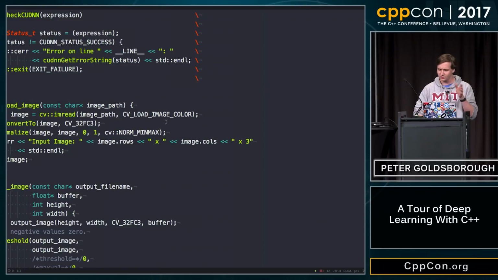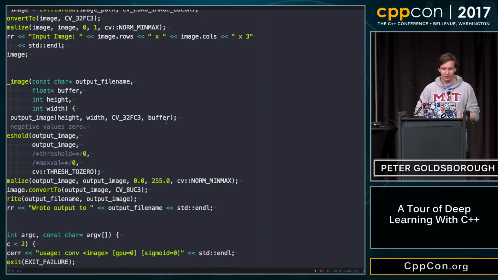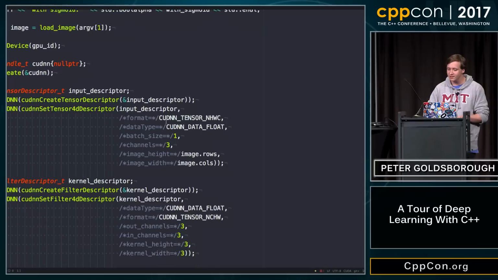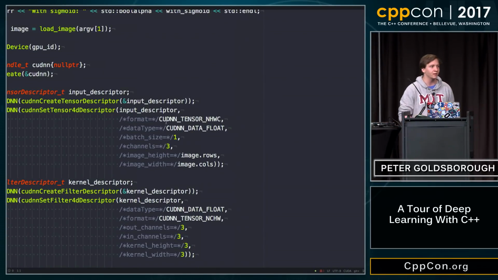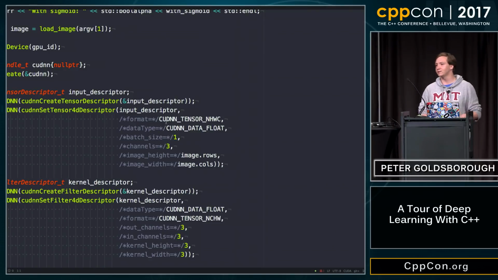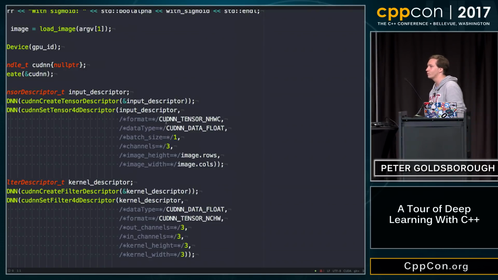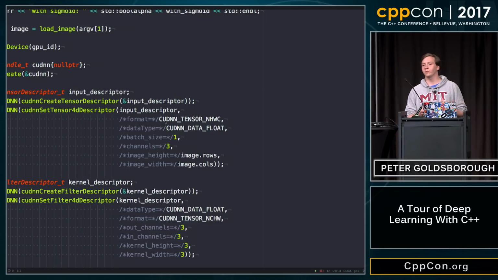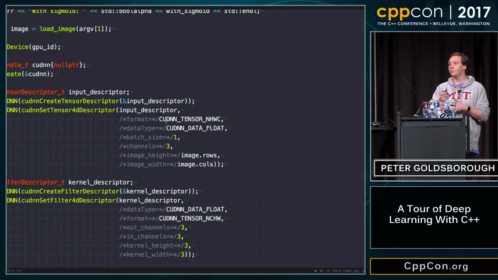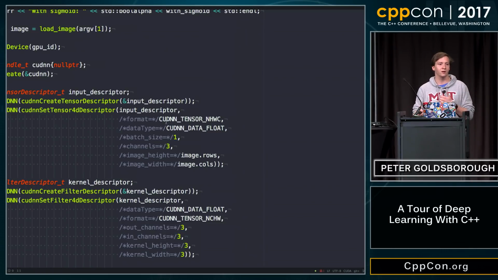So this here, first of all, it's just code to load and save an image with OpenCV, so I'm just going to skip that. The one thing I want to say is that both cuDNN and MKL, these are C/C++ libraries. And we all know that when it says C/C++, it's going to be really bad, and it's going to involve a lot of pointers. So it's a C/C++ library, but it's not really a bad thing because these are supposed to be low-level libraries wrapped by other frameworks. So they don't really need to have a very pretty user interface. They just have to be portable, essentially.